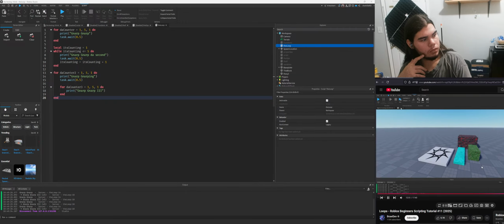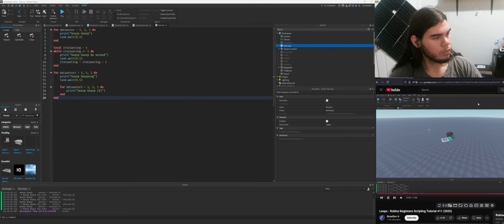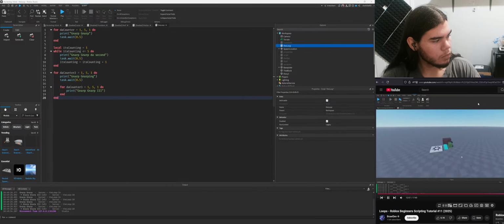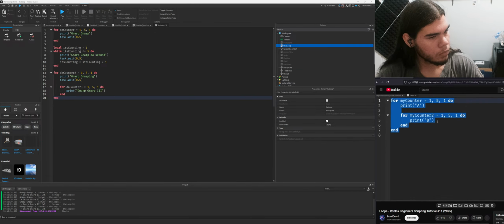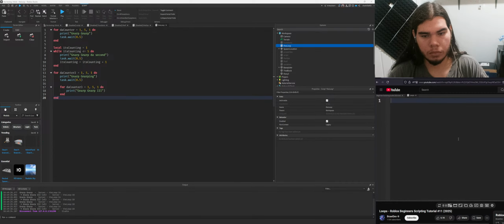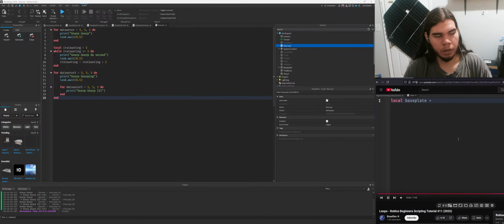Now, as for a final example, let's say we want to use a for loop to change the color of this base plate. Then what we can do is first go back to our script. I'm actually going to delete everything that's inside of here. And what we're going to do first is make reference to our base plate. So we're going to say local base plate equals